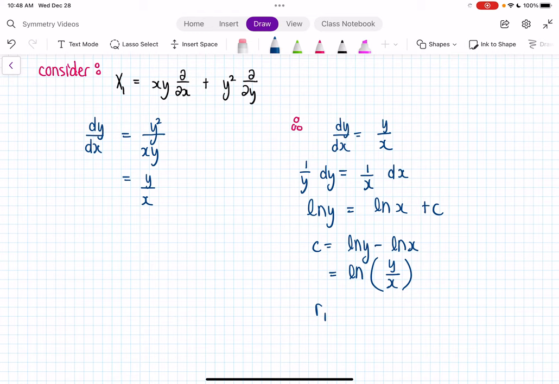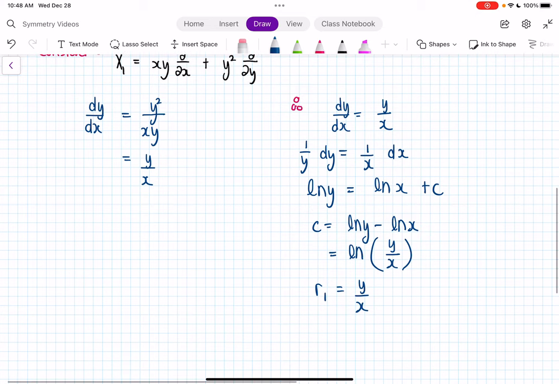So R1 equals, and if I rearrange this, if I want to write it in terms of y, I get